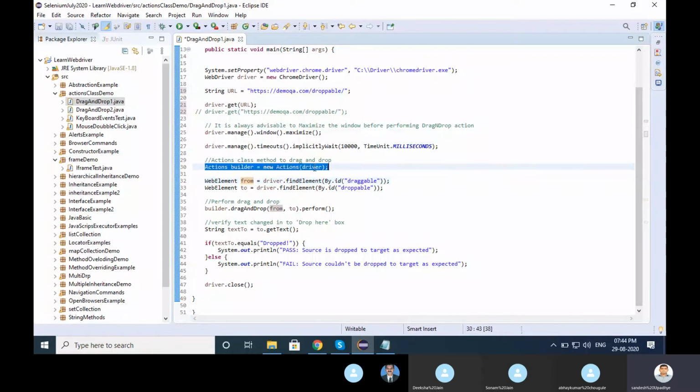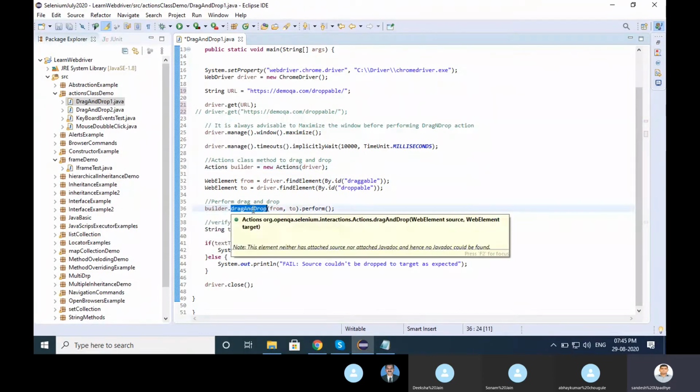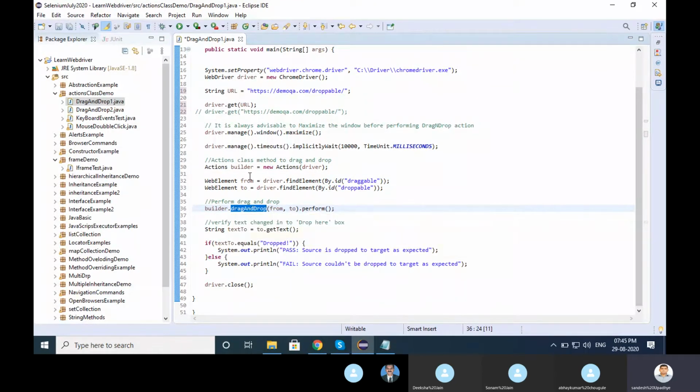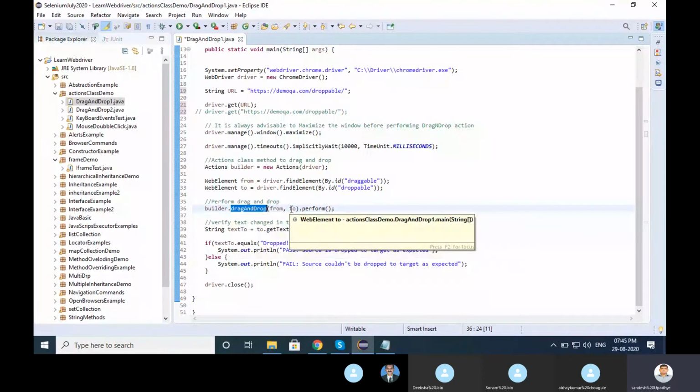Created the object of the builder, passed the stored WebElements, and the same thing whatever we did previously: builder.dragAndDrop. These are predefined inbuilt functions given by the Actions class. For drag and drop, you just pass the coordinates, from and to, where you want to drag and where you want to drop.